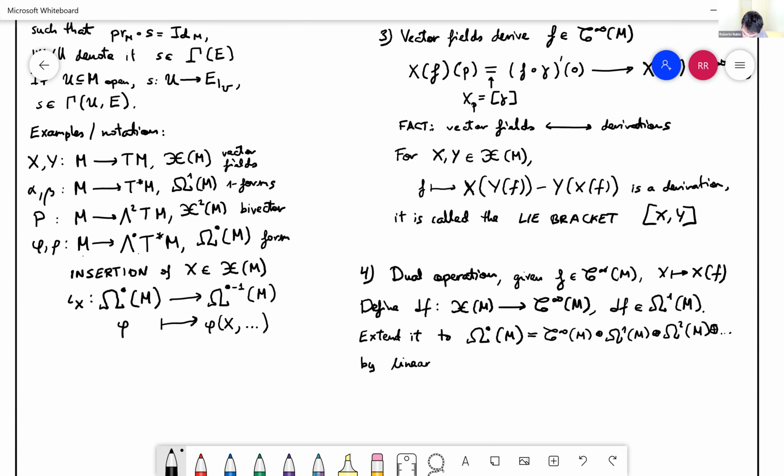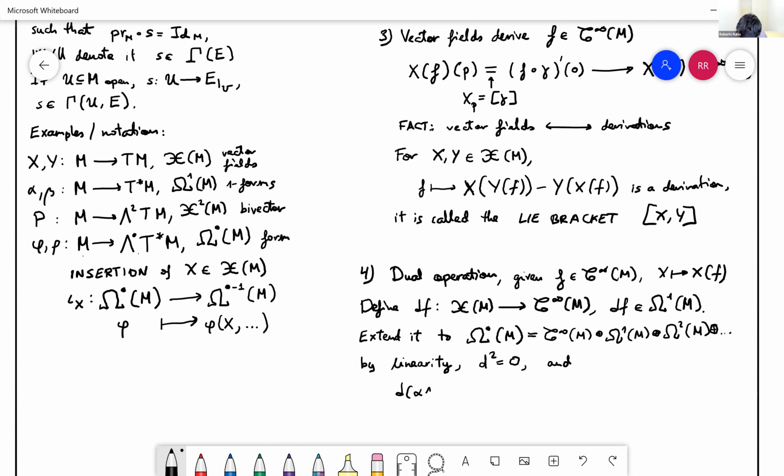I want things to be linear because I'm working on vector spaces. This was the whole point of forgetting about the manifold and coming to these bundles. I wanted to satisfy d squared equals 0, and I wanted it to have some compatibility. Actually, it's a derivation of this wedge product I have on differential forms. So I will ask that